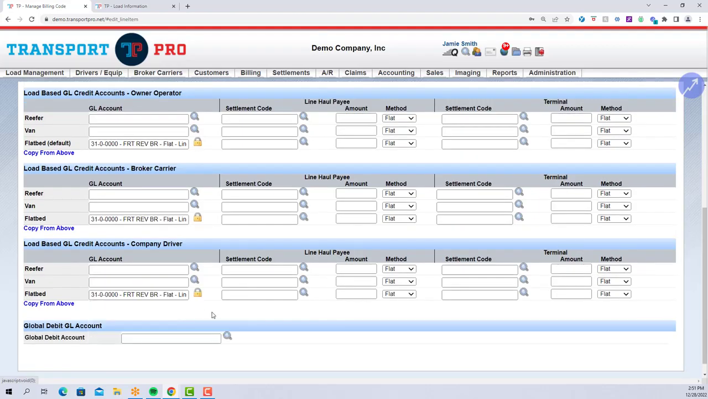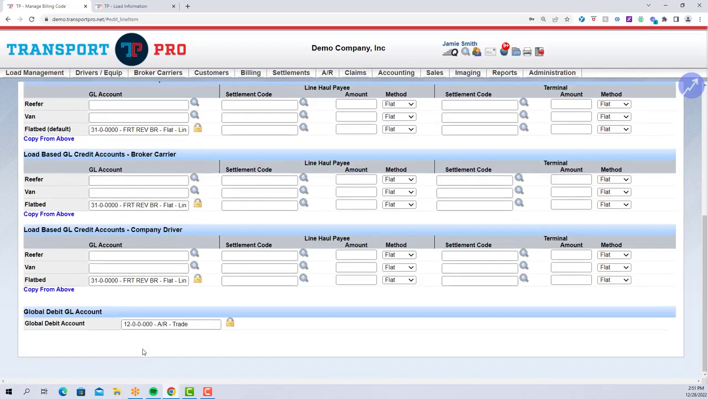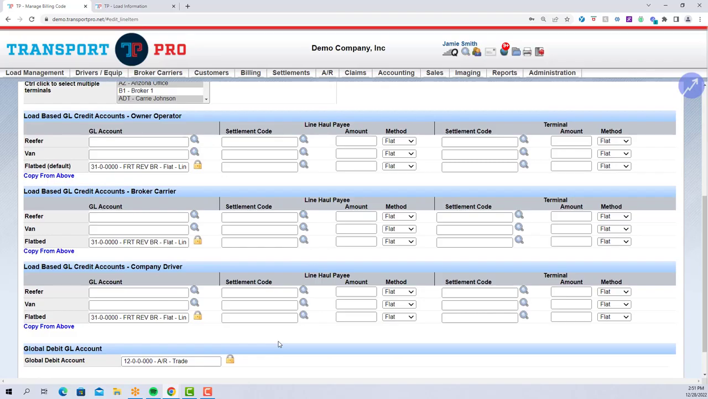For example, perhaps you wish for a certain GL account to get hit based on the type of equipment used on a load, as well as the type of dispatch, for example, company driver versus broker carrier. And by default, we give you a few different equipment types here, but if you do need additional options added, or you want your default option to be different than what it is, please let us know by emailing